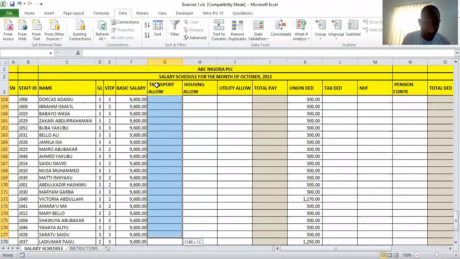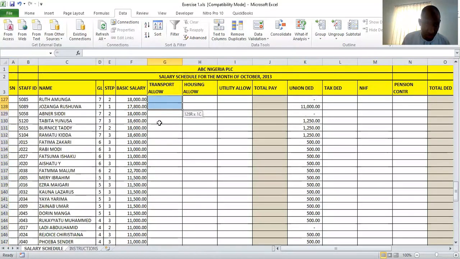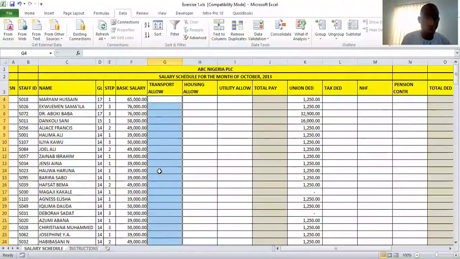The last person for grade level 7 is Ramotu Kida. So I now select the whole column from the first person with grade level 17 to the last person with grade level 7. So I just type my formula. I say it's equal to 40% of basic, so equal to 40 divided by 100 times, then I select the basic salary of the first